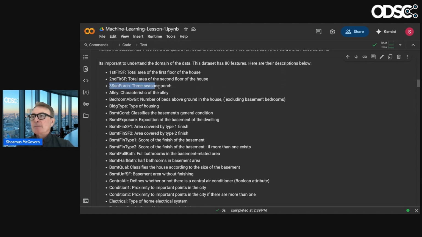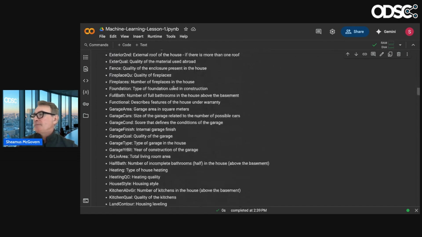You see down south especially, they have these beautiful wraparound porches. And I think sometimes they're screened in or they have windows you can open up, meaning basically it's not heated. So you can use it spring, summer, fall, but you can't use it in winter. But I'm sure some people do. Anyway, so know your data.